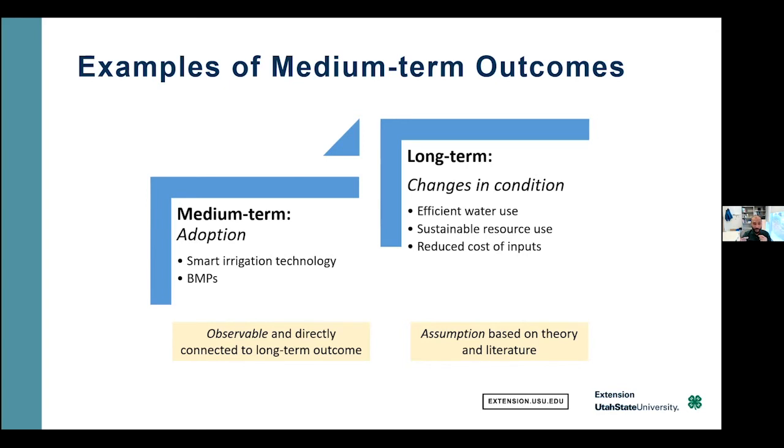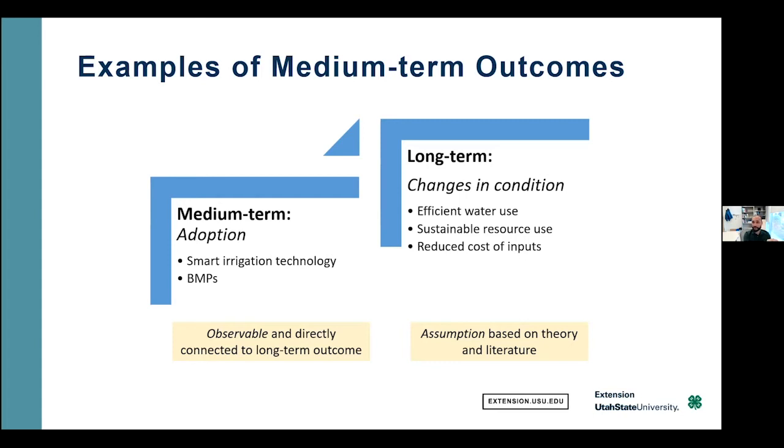So we need to be able to confidently say that if participants do this, then this will happen. And that is ideally the solution. So if we change our behavior in one particular way, then the solution would occur. We would realize the solution. So looking at our previous example, if we're asking farmers to adopt smart irrigation technologies, that's the medium-term outcome. That could be through some sort of best management practices. At that point, we should be able to make the connection that if farmers adopt smart irrigation technologies, and again,